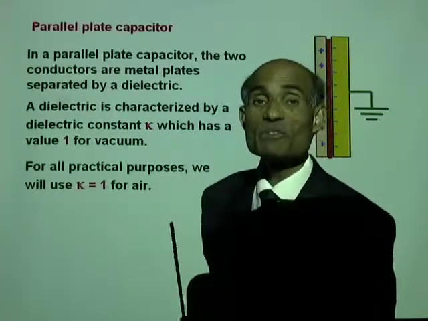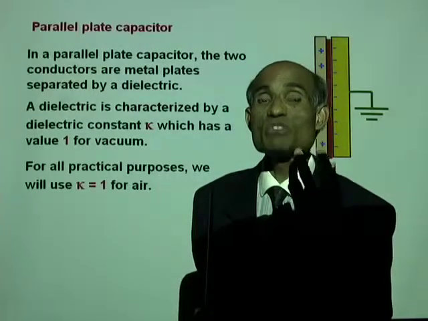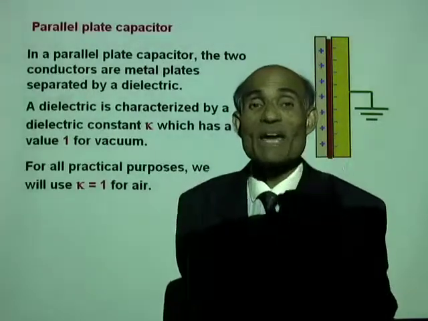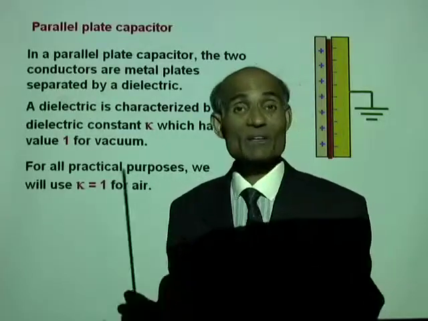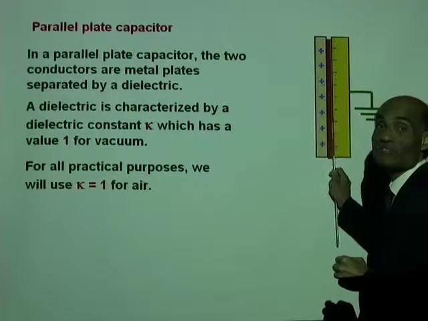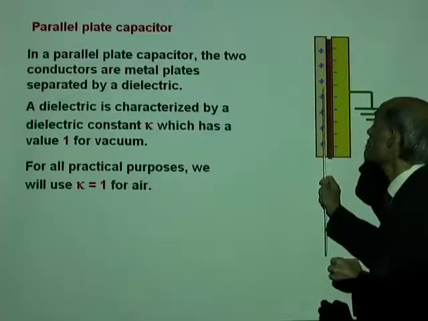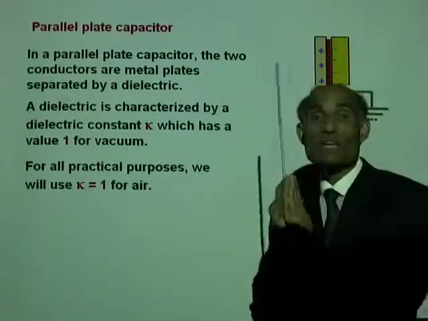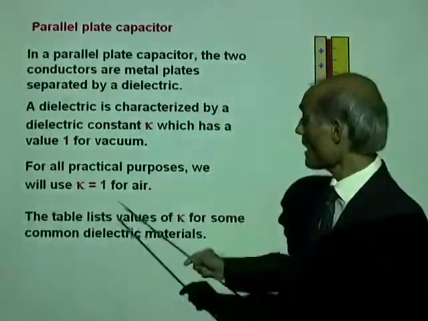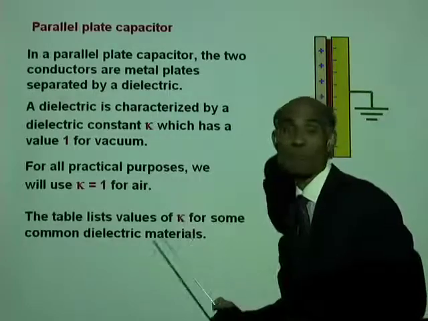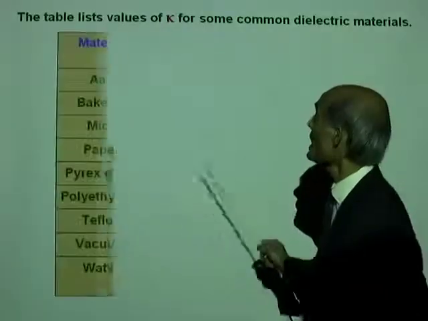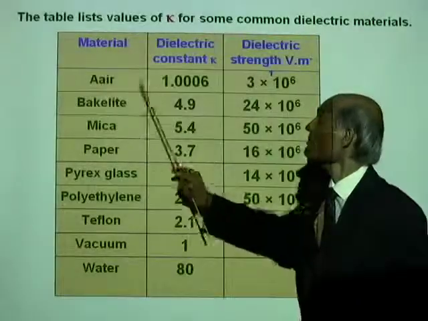So if I give you a problem in which it says an air capacitor, what does it mean? An air capacitor is a capacitor in which the dielectric is air. The space between the two conductors is filled with air. Now I have a table of values for kappa for different types of dielectric. Now look at this table. Air is 1.5